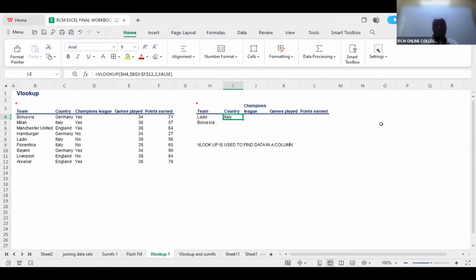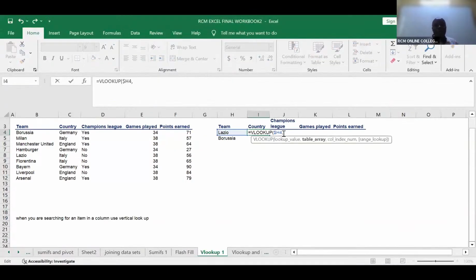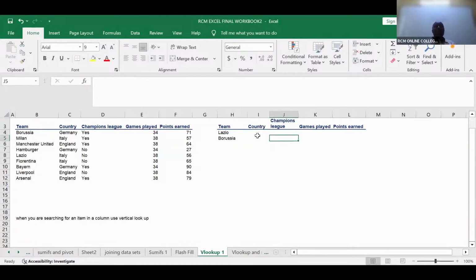Or you simply get inside there and say equals, where you have Lazio Italy. Yeah, simply start by saying equals again. We write another formula there. Hi, Rita is sharing. So Rita, let's start from scratch. Delete all those, we start from scratch. Thanks, Judy. So equals,